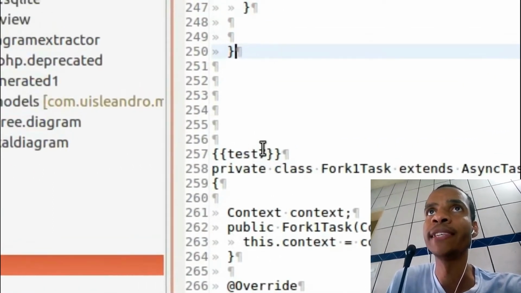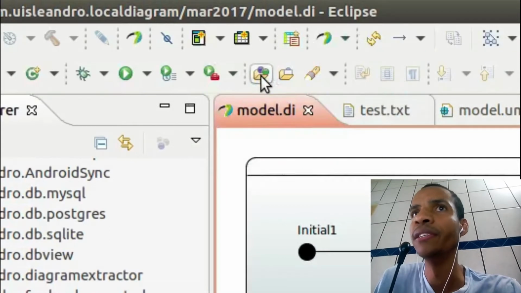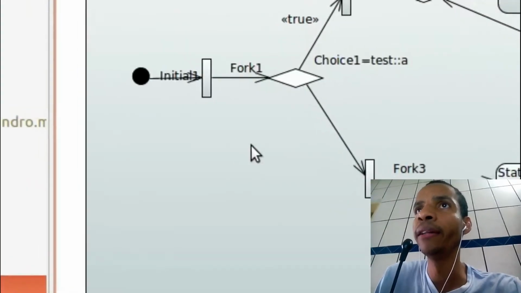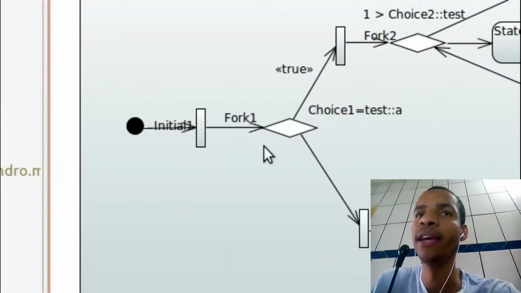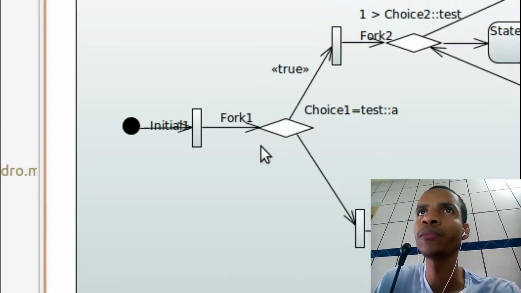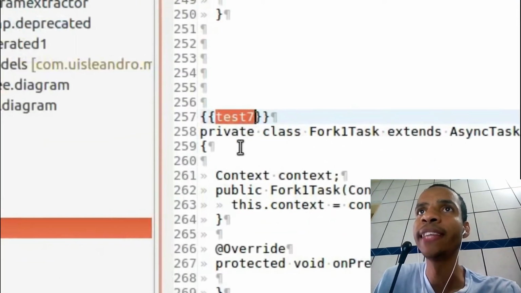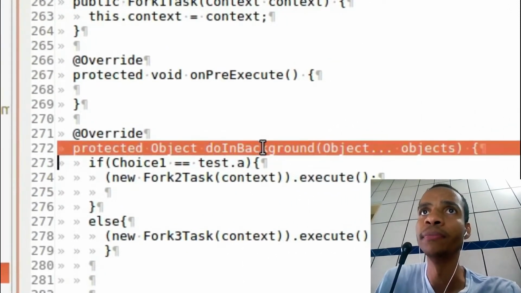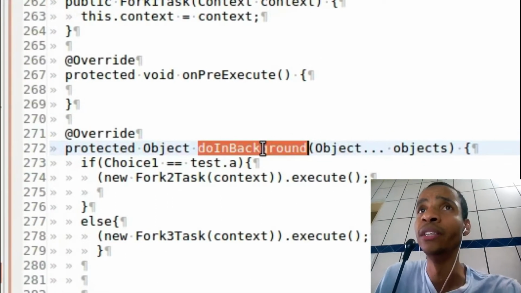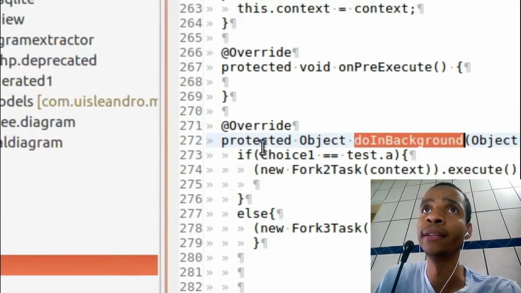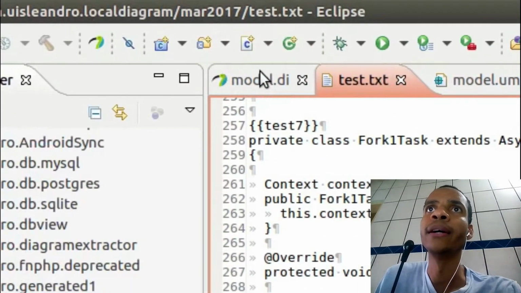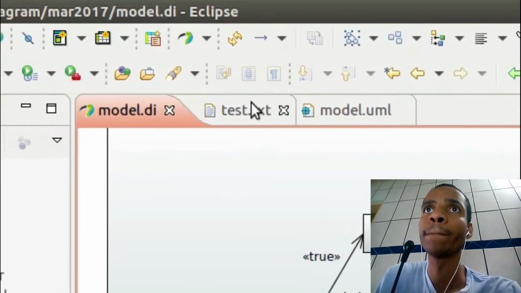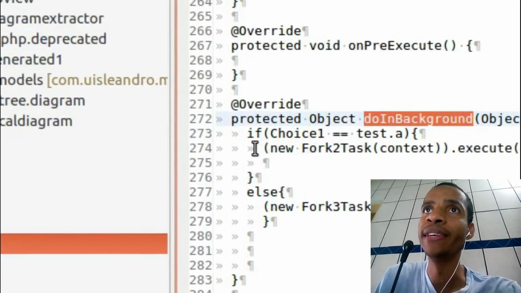And we have test 7. Test 7 is, let's check it. I think it's here. And I'm generating from this a sync task for Android. So the code itself is in this place, doing background, as you can see here. So if choice 1 equals test.a, as you can see here, you run this